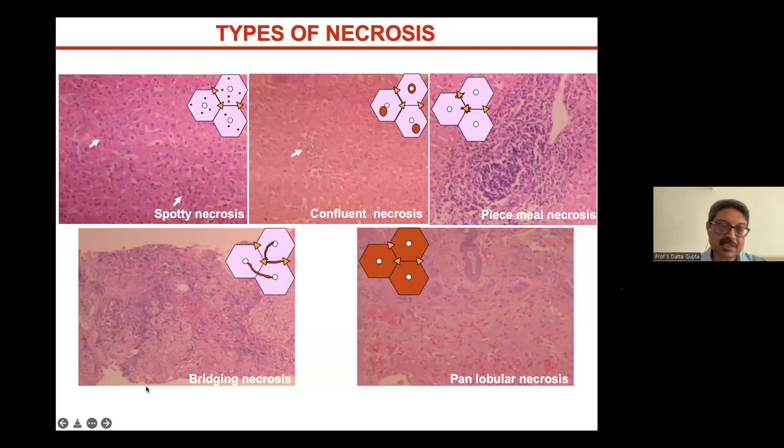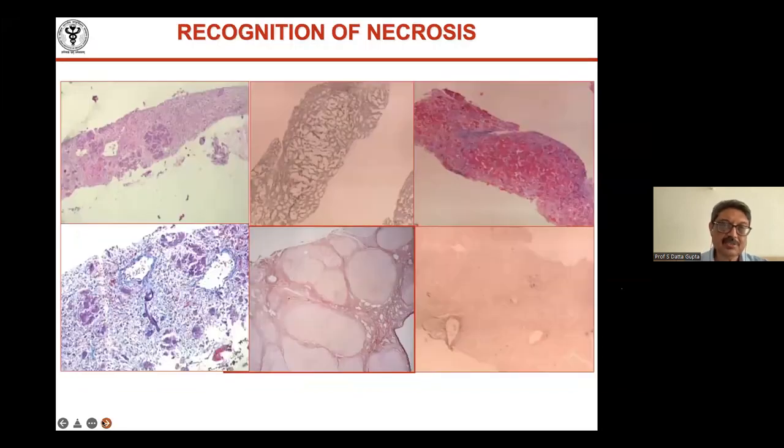Even severe bridging necrosis can do that. Okay, so severe necrosis. Look at this. So this is another form of panlobular necrosis. One portal tract, 2, 3, 4. You'll hardly ever get this in a liver biopsy. So this is panlobular necrosis. Now you see in these cases, the reticulin as well as mesenteric stains are unhelpful.